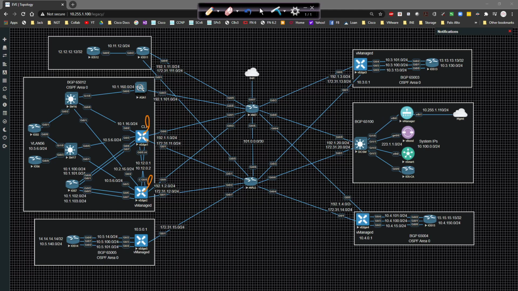Obviously, we're going to do vEdge1 first because it's all CLI based out of the gate. Then we're going to advertise that into OSPF. Once it gets advertised into OSPF, switch 16 will learn that, and switch 16's loopback will also be advertised into OSPF. Then we'll be able to form an iBGP peering between vEdge1 and switch 16, and take any routes that vEdge1 has learned and propagate those